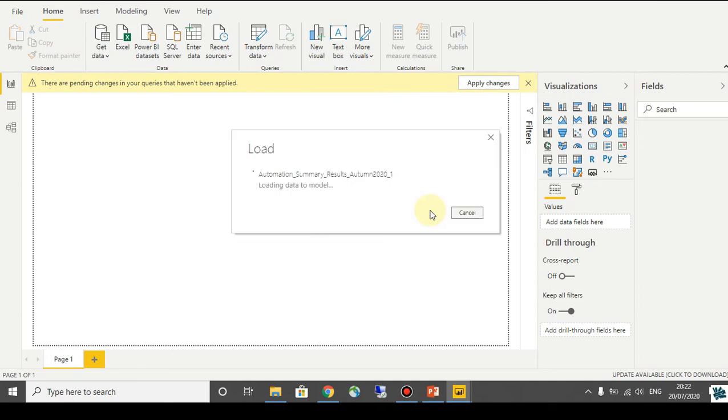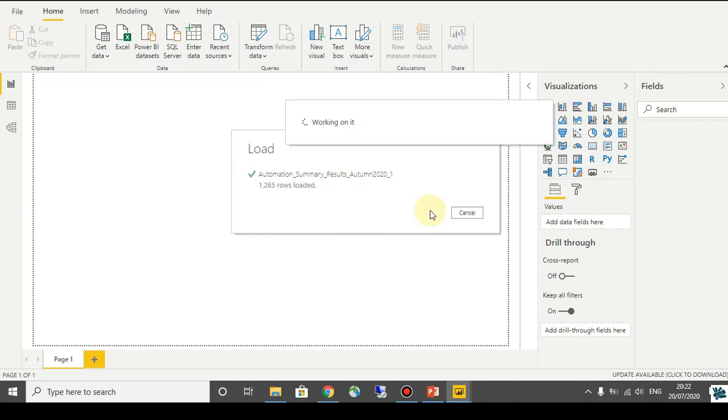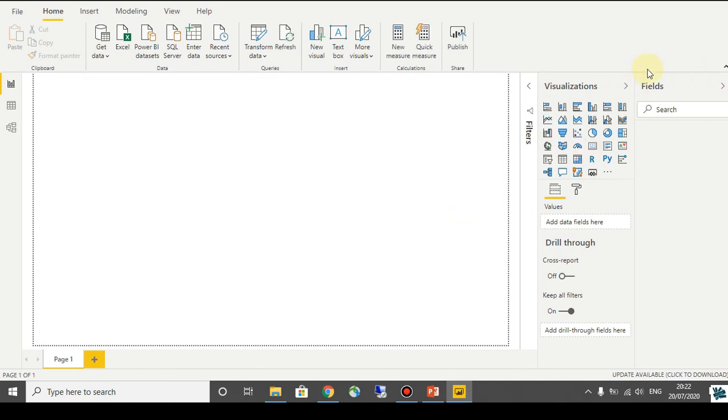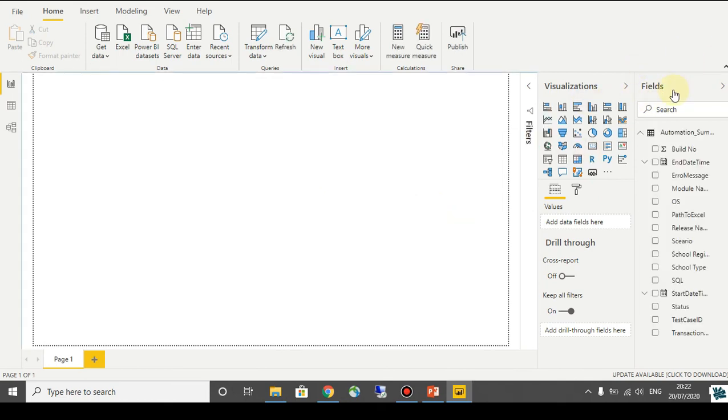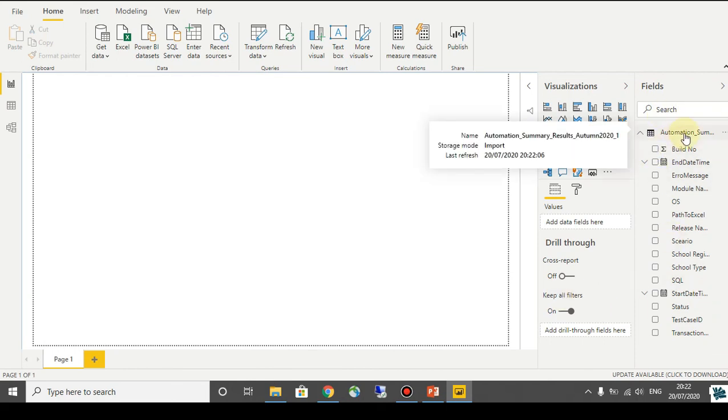After the loading, the Power BI tool will automatically detect the relationship and the table, and it will create the table at the right hand side in the Fields section. See, now the Power BI tool has created one table called Automation Summary Results Autumn 2020. The table name contains the file name.